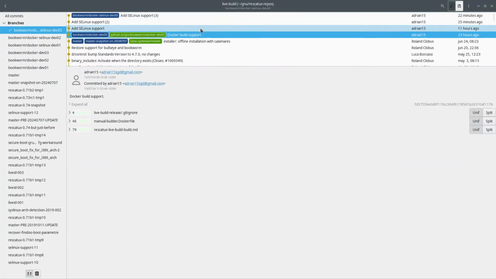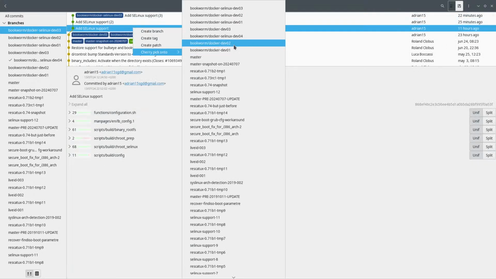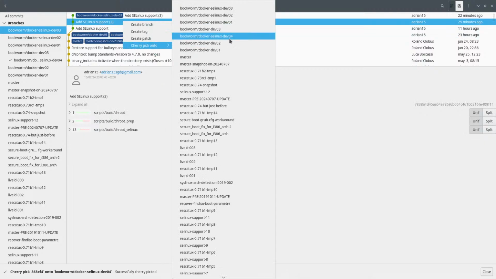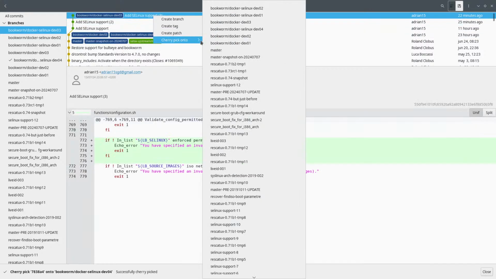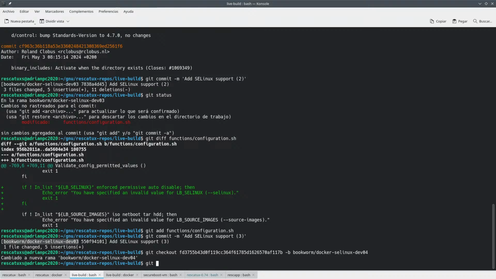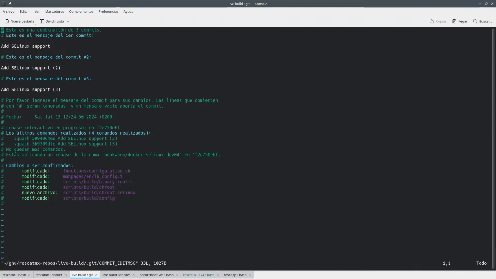Okay, number 4. And now we can squash all of this in here. Cherry pick onto number 4, cherry pick onto number 4, and cherry pick onto number 4. So hit rebase 4 of them, and so I can squash this. And I'm very happy